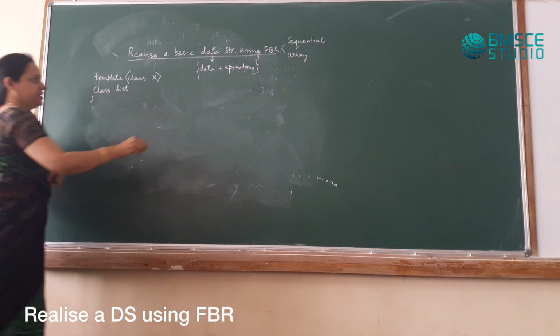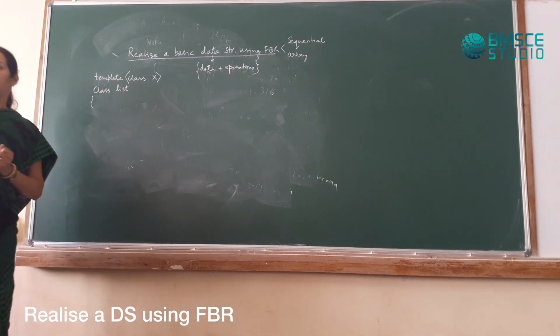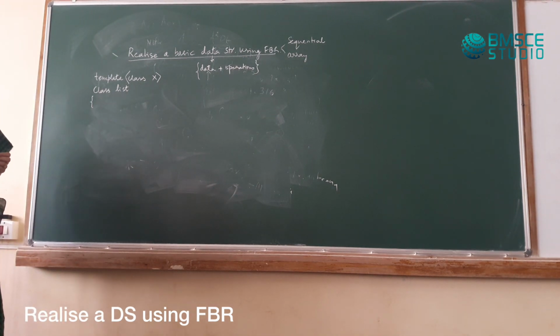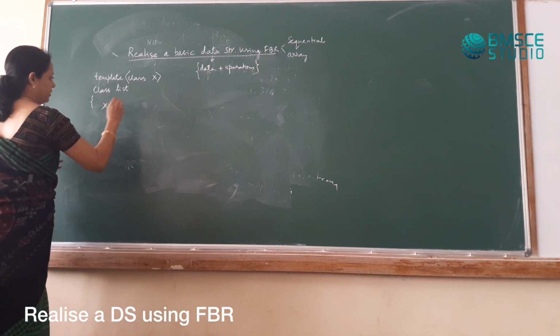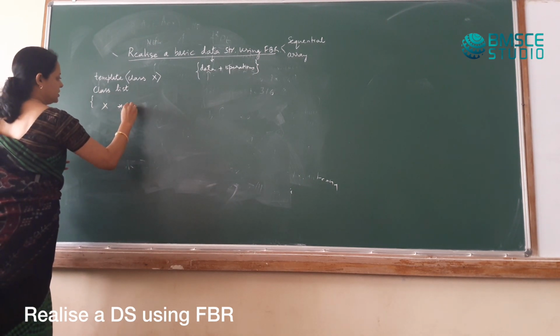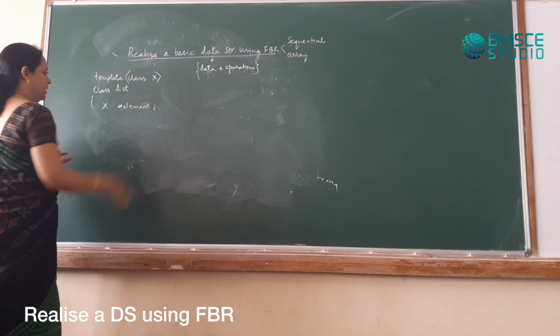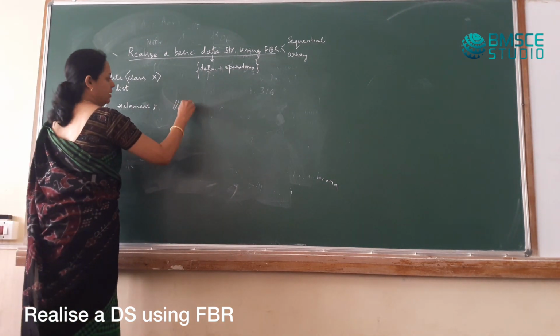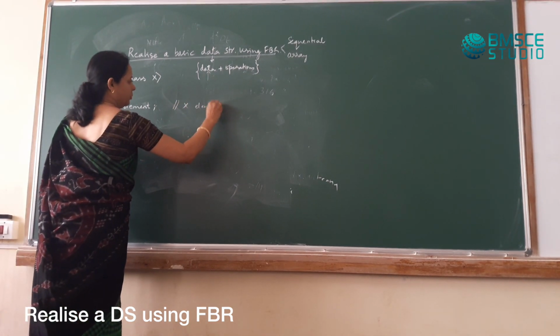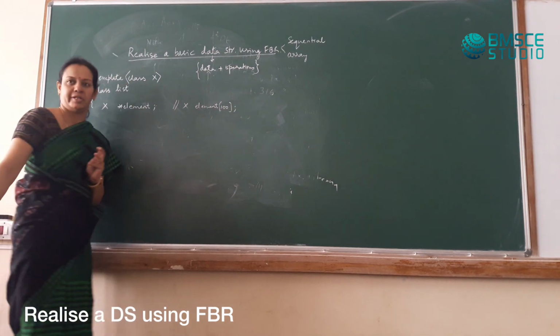Then let us define the data values first. Okay, the data values, the data type of data will be X, and of that we will have star element. I am using the same name as the book. Okay, later on for different examples we will change it. So of type X we will declare a pointer called star element. Okay. Why do we do this? Because of type X we want to have an array, say of 100, 1000 or whatever.